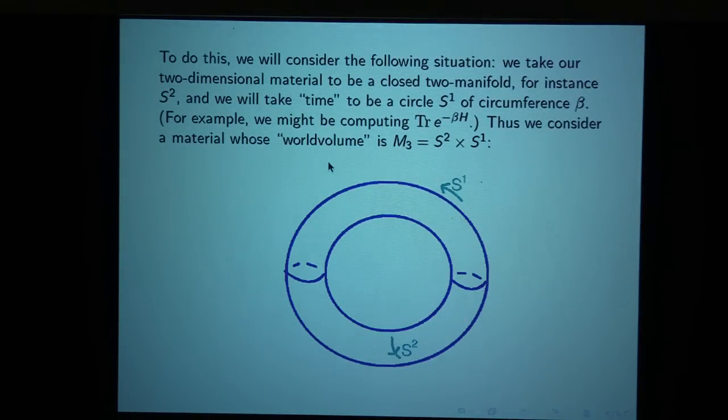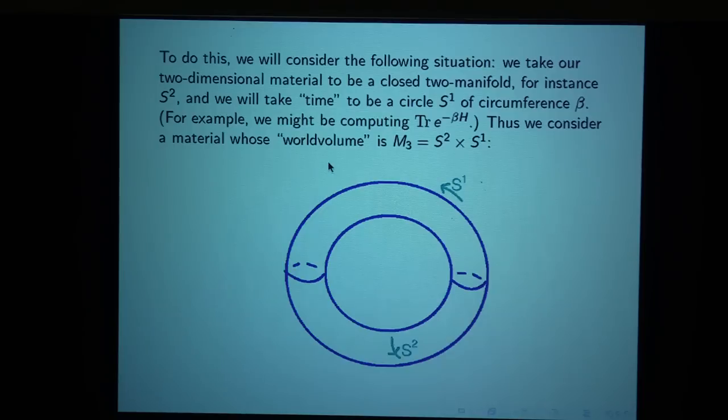So space is meant to be a two-sphere, although it could be any other compact manifold. Time runs around this way. So we possibly could engineer a quantum Hall system with space as a two-sphere, although it's not what's normally done in practice. But whether we could engineer it in practice or not, it's clear that the Schrödinger equation makes sense in that situation.